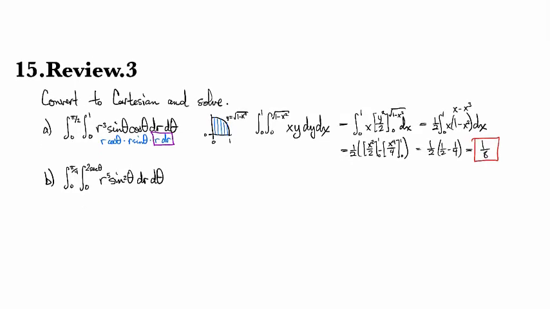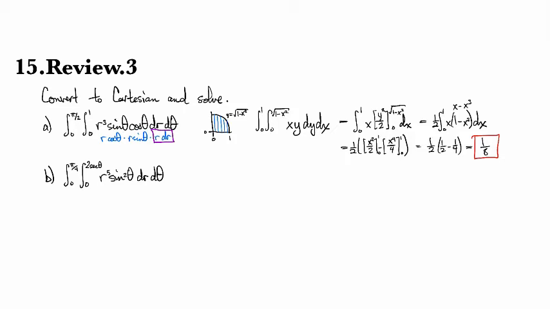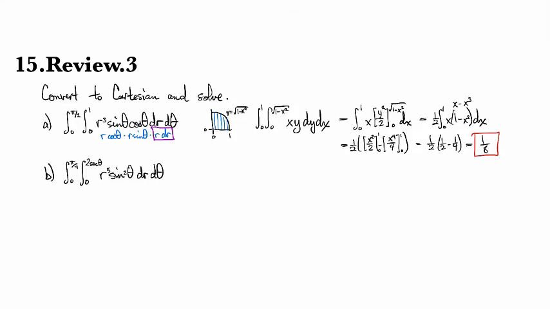But wait, there's more. We still have part B. Okay, so for this one, it's a little bit trickier. I'm going to have to figure out what to do with this one here. So I'll start thinking r equals 2 secant theta. Switch the secant over to the other side, and it becomes r cosine theta equals 2. And that one I recognize as x. Okay, so there's my equation for that one. So we've got x equals 2,